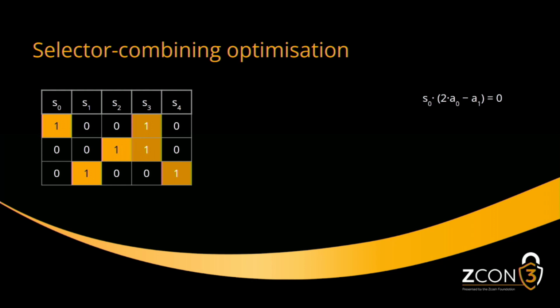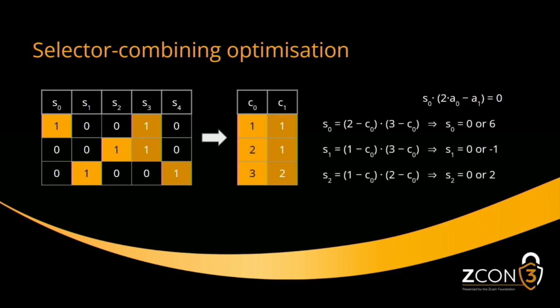Another kind of optimization that we built in, which again falls under the thing of floor planning, is a selector-combining optimization. So we described all those selectors that we use to turn on and off constraints in different rows. Well, once we've done the assignments during witness generation, we can look at what rows those constraints are assigned on and combine them by selecting out selectors that don't overlap, and using a representative